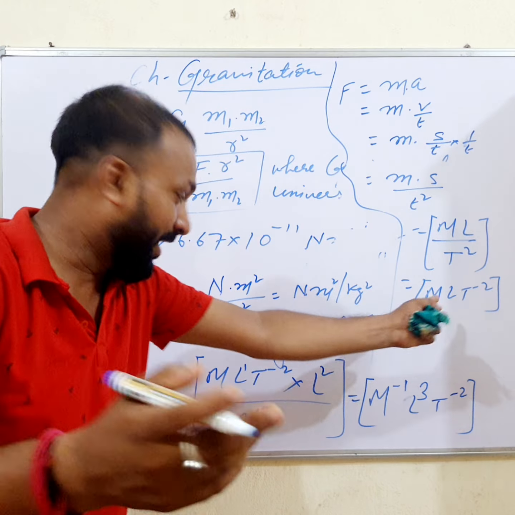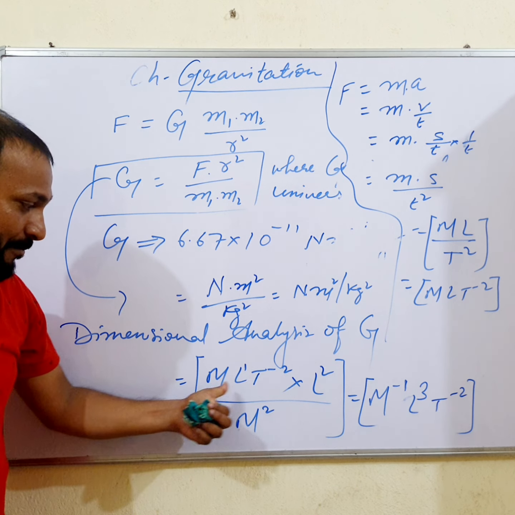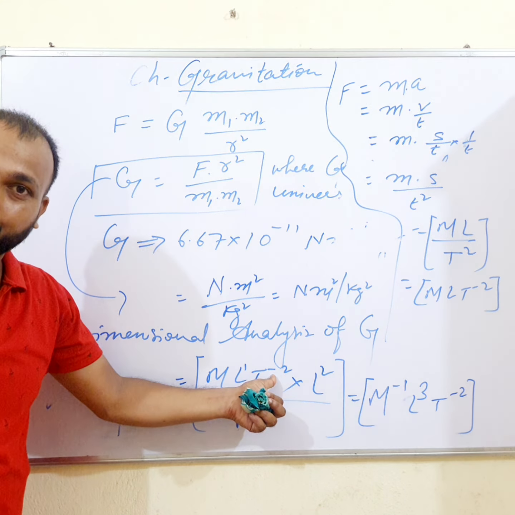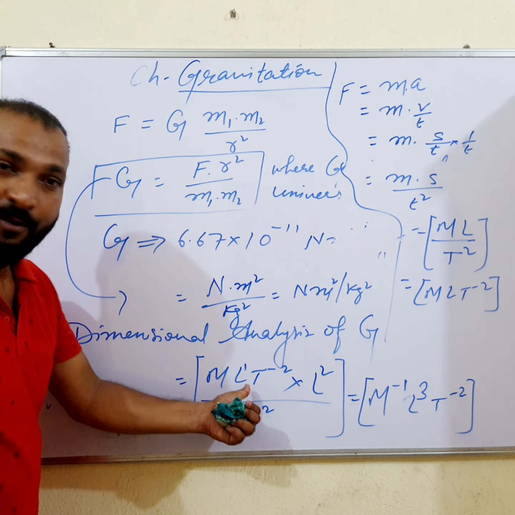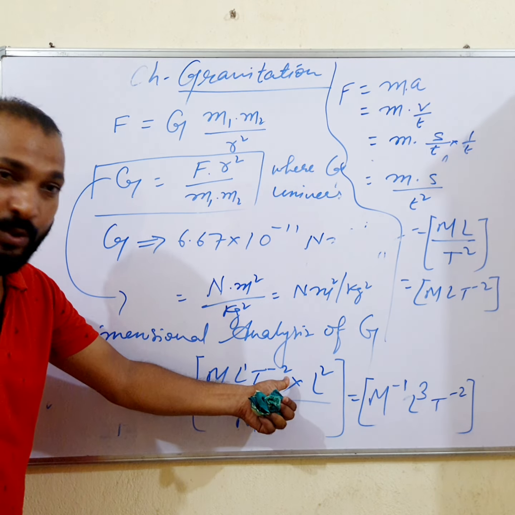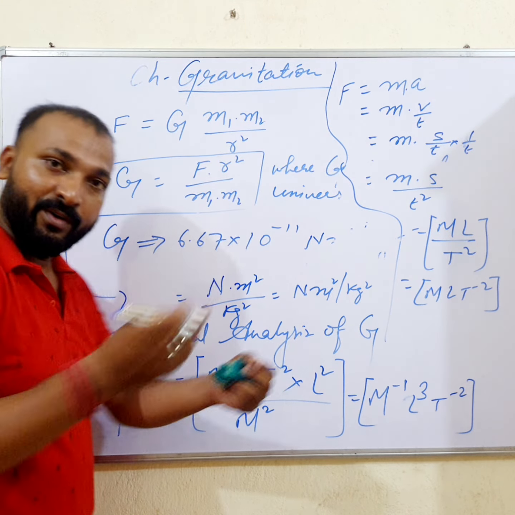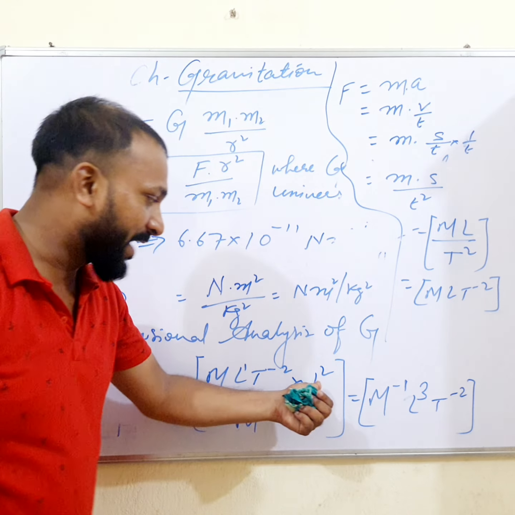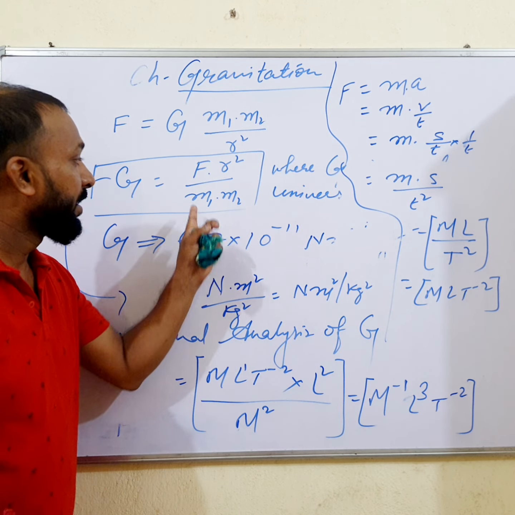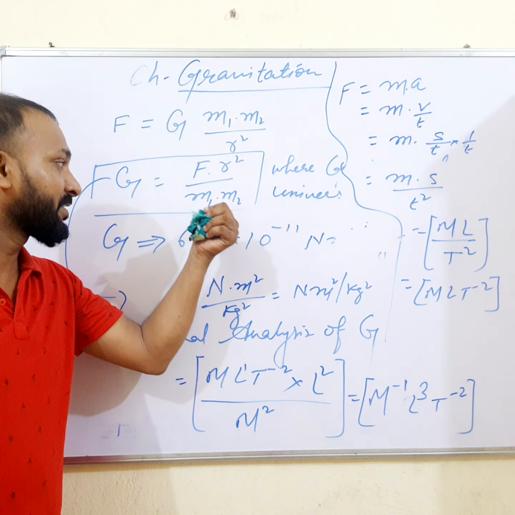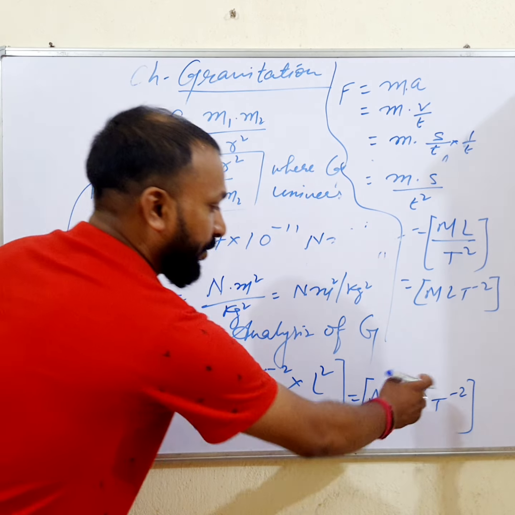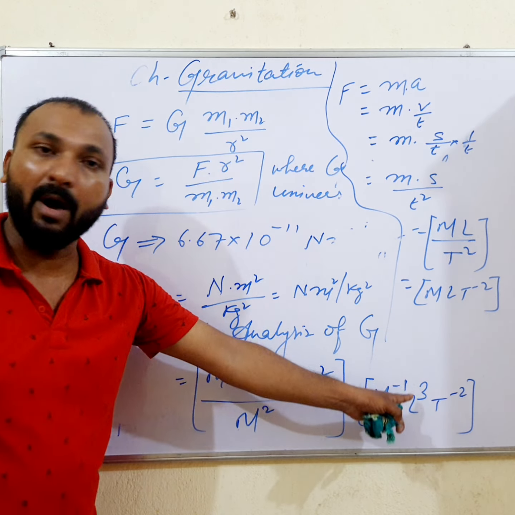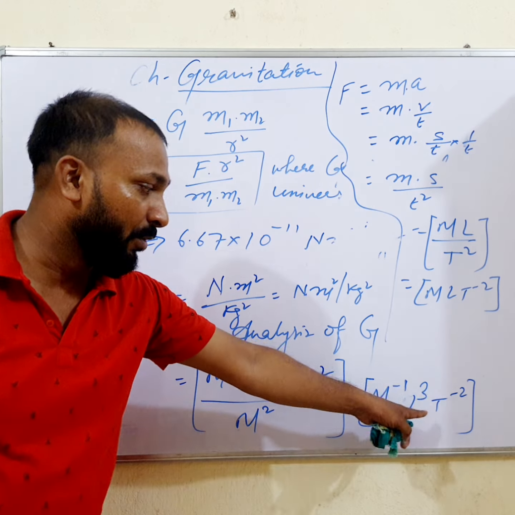That's why I directly wrote it over here as M L T minus 2. Now, the dimensional formula of force is M L T minus 2, and the radius is a length, so it will be L square, divided by mass into mass, so the dimensional formula will be M into M, that is M square. Ultimately we got M power minus 1, L cube, T power